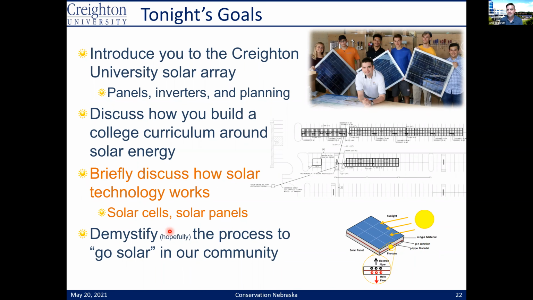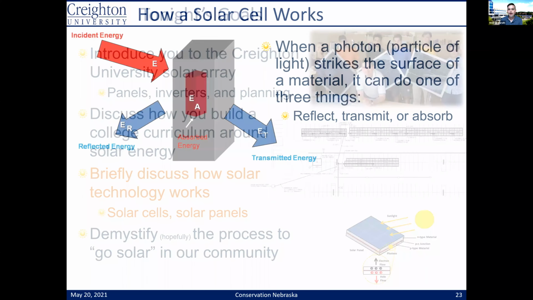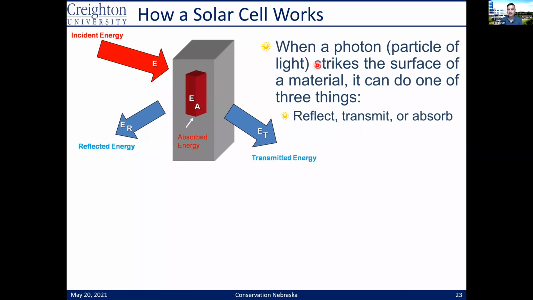I want to talk briefly about how a solar cell works. We're just going to focus on the really simple idea of silicon. Most people who have heard of solar cells are familiar with the silicon solar cell. Everything I've shown you today is a silicon solar cell. These blue things that you see are silicon solar cells, so it's a good place to start. I'm going to go through this in terms of questions, and usually I have an audience of students in front of me, but I'm just going to let you answer for yourselves.